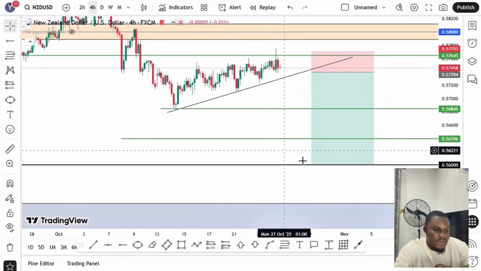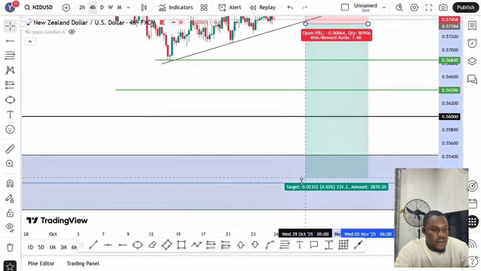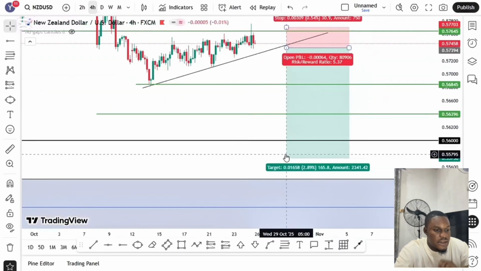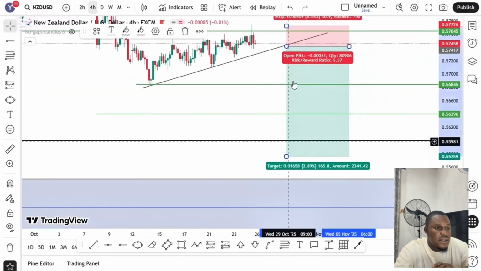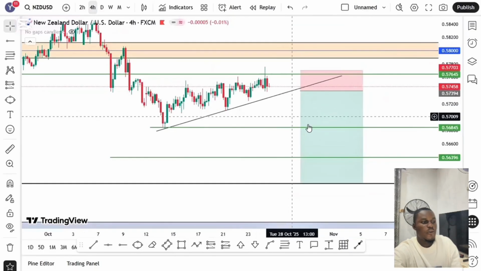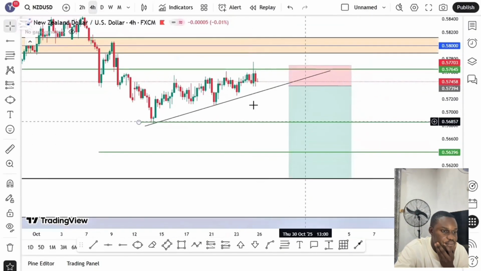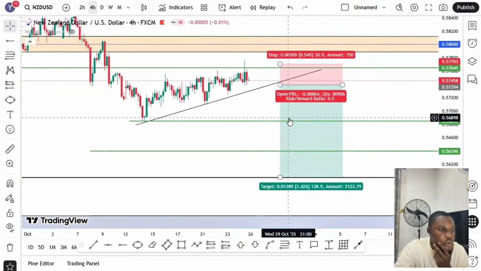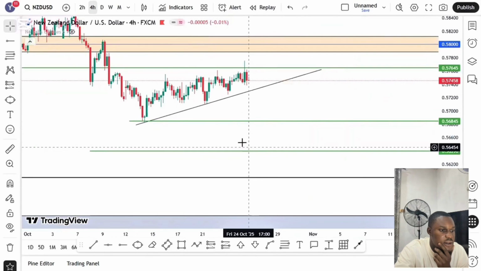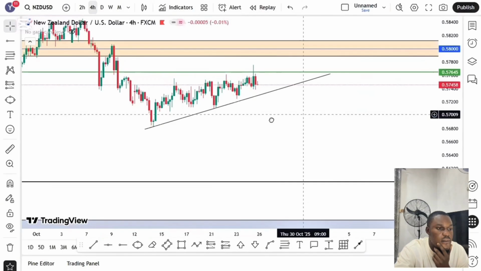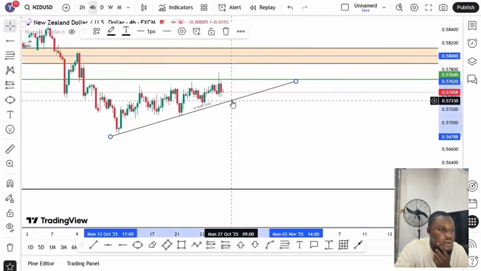But ideally I expect the market to drop to this level right here, but I don't know when that will happen. My overall TP is at this level right here, which is around 1 to 4.5. Actually around 1 to 4.5. So let's see what the market does on Monday. I'll be watching this market very closely for the breakout. So let's watch and see when this market will break out.